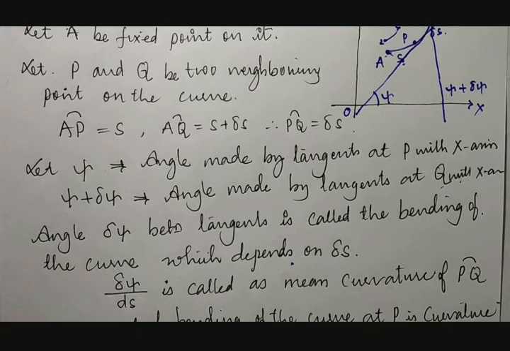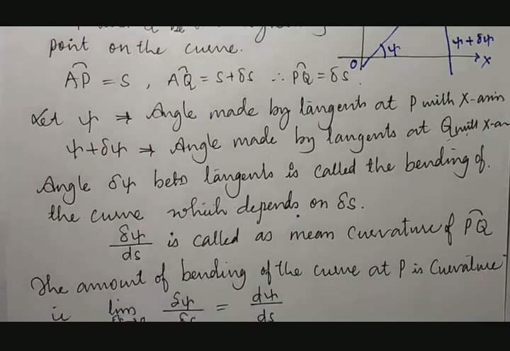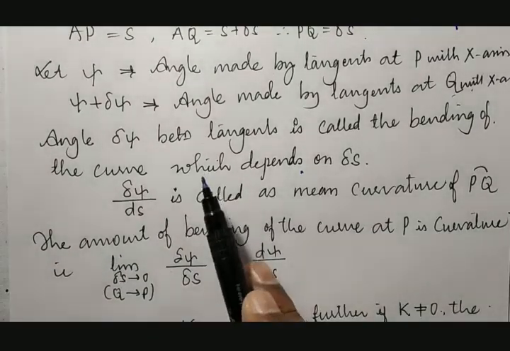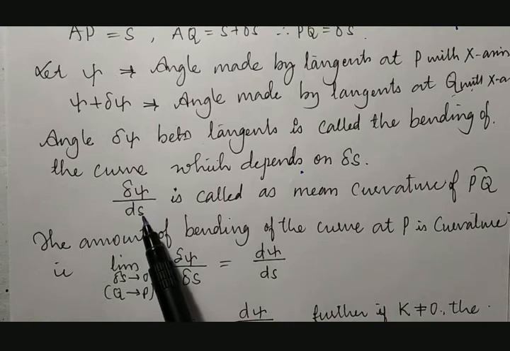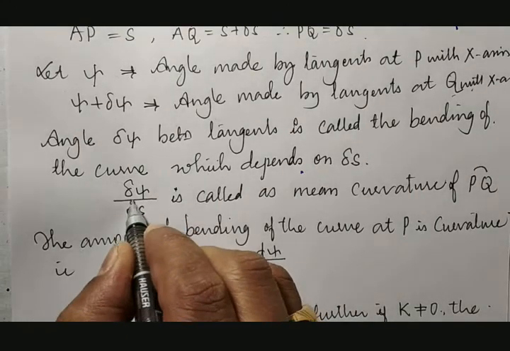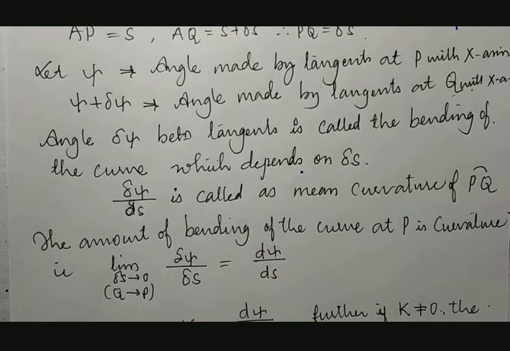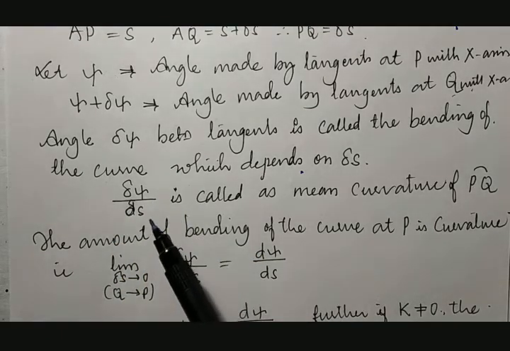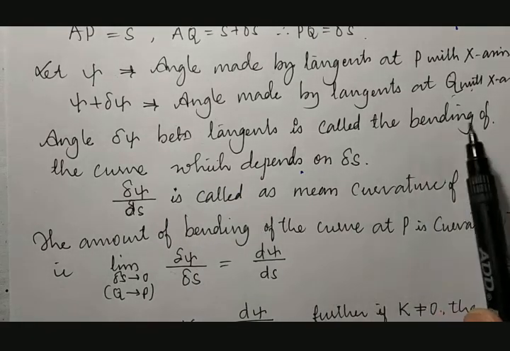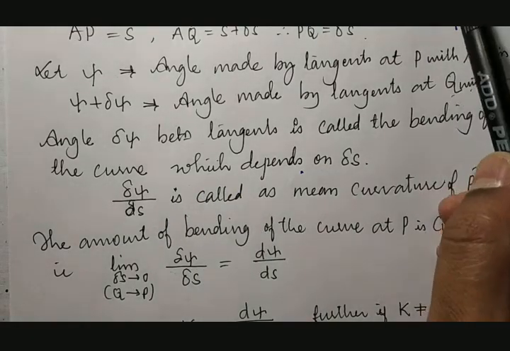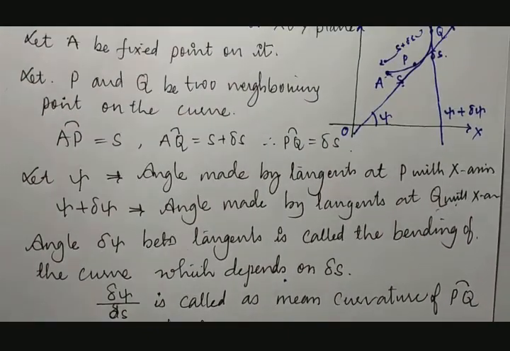That line of tangent, the angle between the tangents will be more. If the distance is less, then there will be less curvature. Therefore, the angle between the tangents will also be less, meaning the amount of bending will be less. Therefore, delta psi with respect to delta S. Because we always know that this delta psi depends on S. It is a bending and it depends on S, the distance we have between these points.